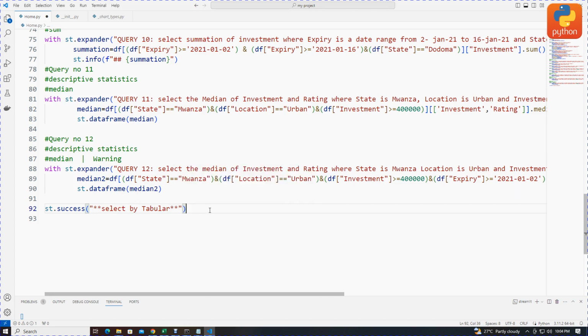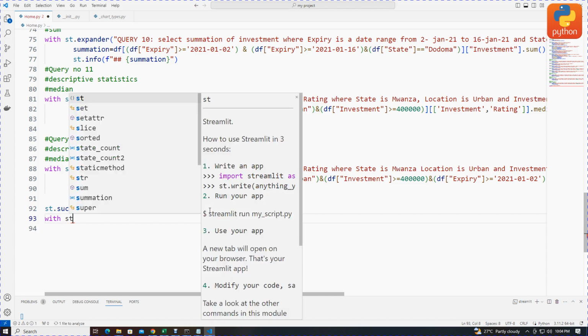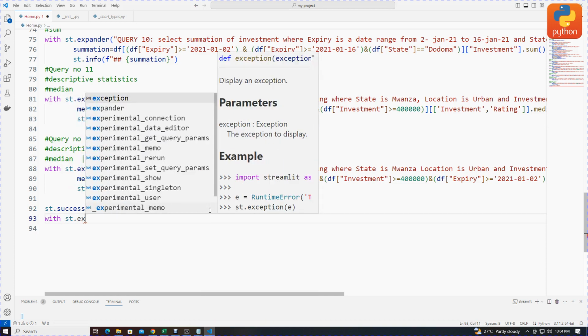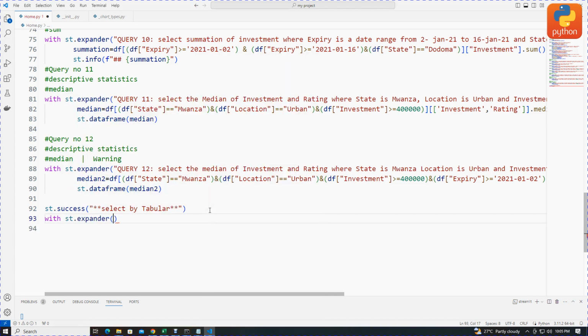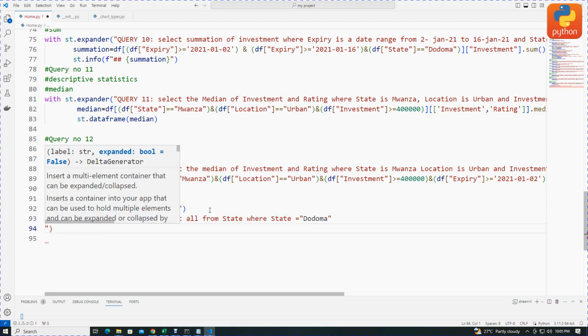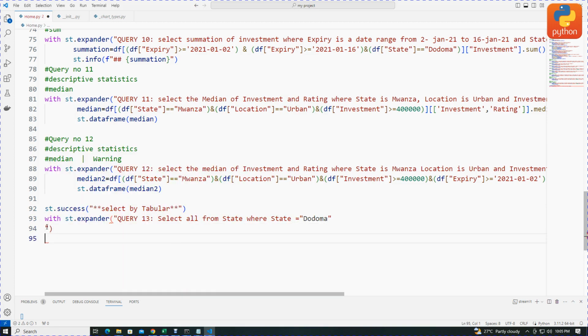Okay, then with st.expander. Okay, na kwa namna hii, then mndani naweka hii. Okay, so this query number 13, select all from state where state equal to Dodoma, and